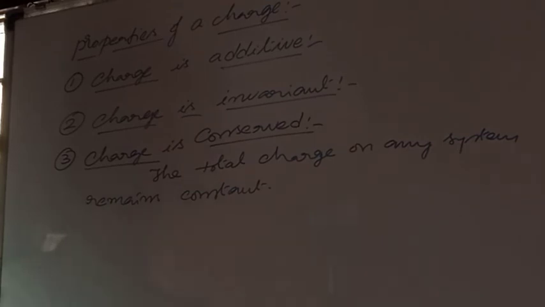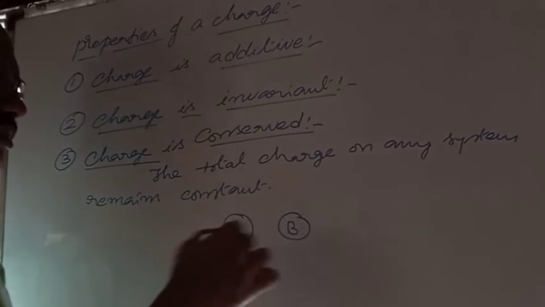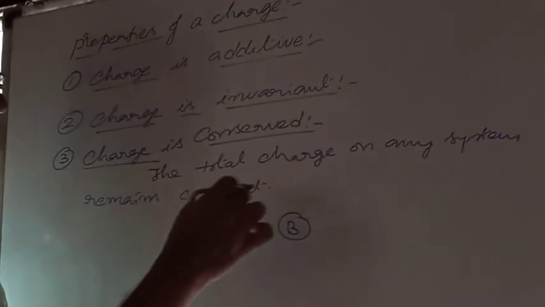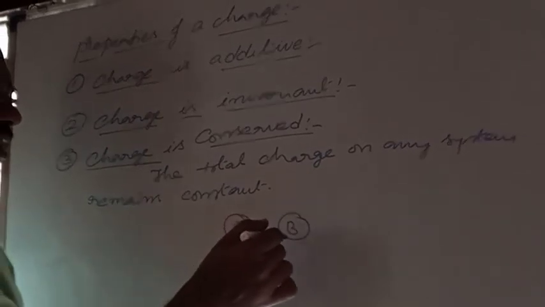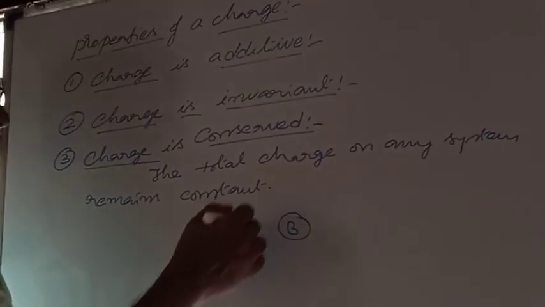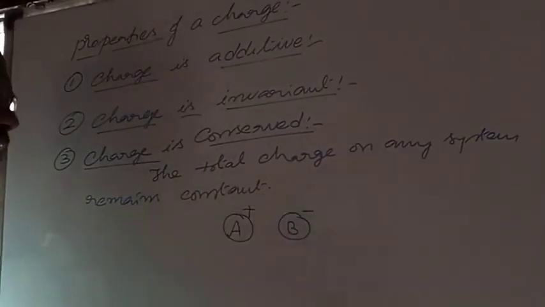Okay, this is called conservative property of the charge. In the first method of electrification, that is by friction, we can observe the conservative nature of the charge. Okay, so there we considered two neutral bodies, and when they rub together, one body lost some electrons and those lost electrons were gained by the second body. Okay, then the first body gains positive charge and the second body gains an equal amount of negative